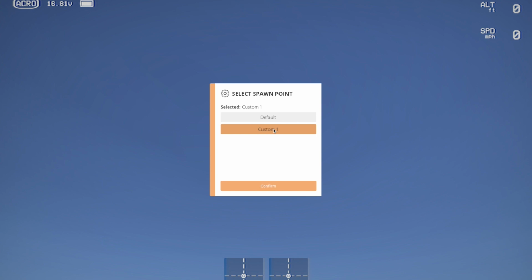So when you create a track, there's always a default starting point, 00. If you want to create a track in a different part of the area, say in the hay bale track area, then you may want to start it over near the barn or something like that. So your spawn point where you start may not be 00. You can either choose a default or custom one. In my track, they're both the same. And then you say confirm.